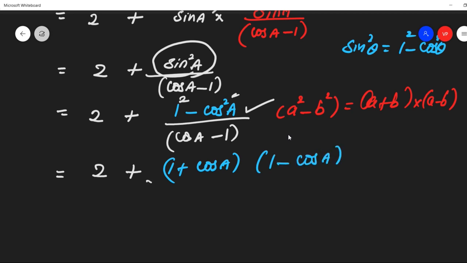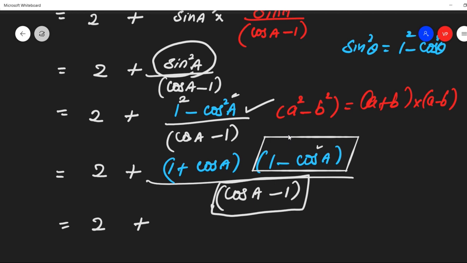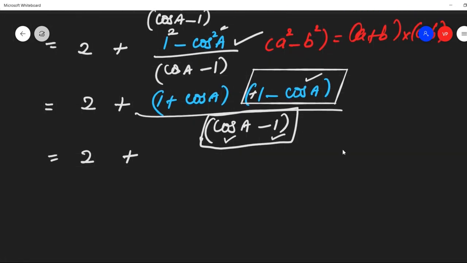What is in the denominator, students? In the denominator we have cos A minus 1. You cannot cancel this thing and this one. Both look equal, but there is a difference. The cos A here is negative, and in the numerator it is positive. The 1 is positive, here it is negative. So we have to take the minus as common. For the numerator or the denominator, you can take it from either. I am going to take the minus in the numerator.